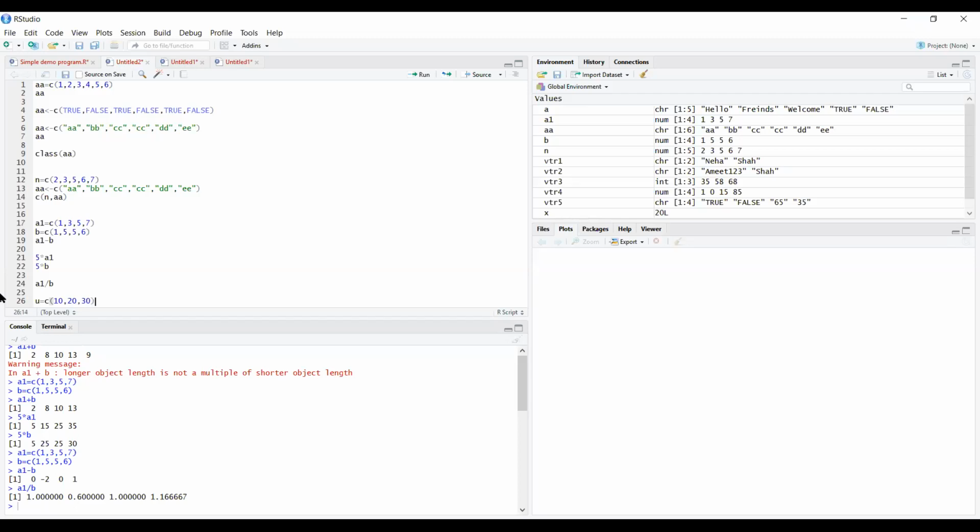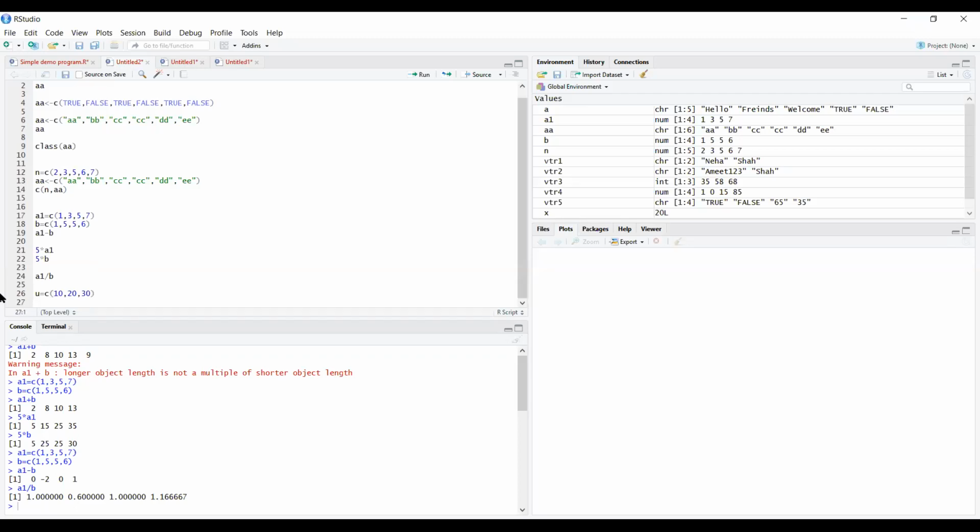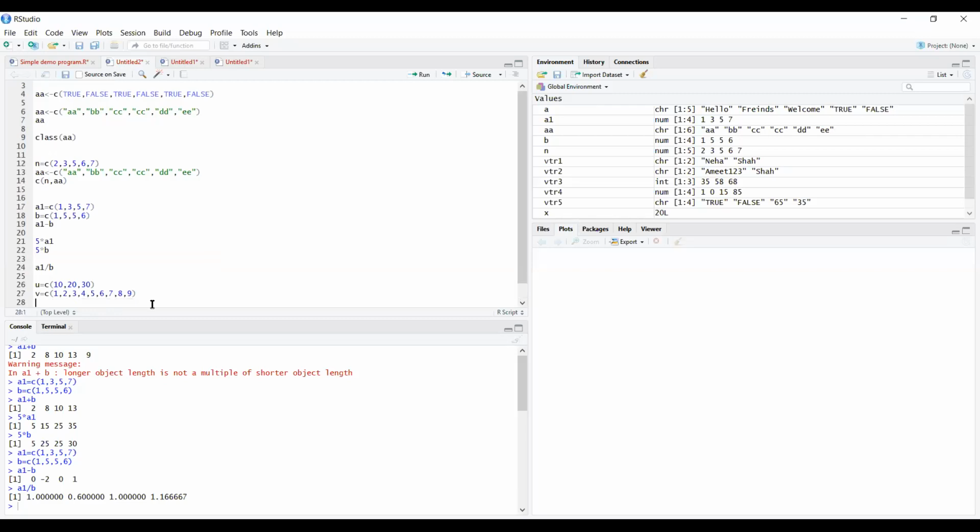Okay, then enter. Then V equals c(1, 2, 3, 4, 5, 6, 7, 8, 9). Now in this case, either it is going to give you a warning that the lengths are not equal, or it will do some magic, which we call the recycling rule.